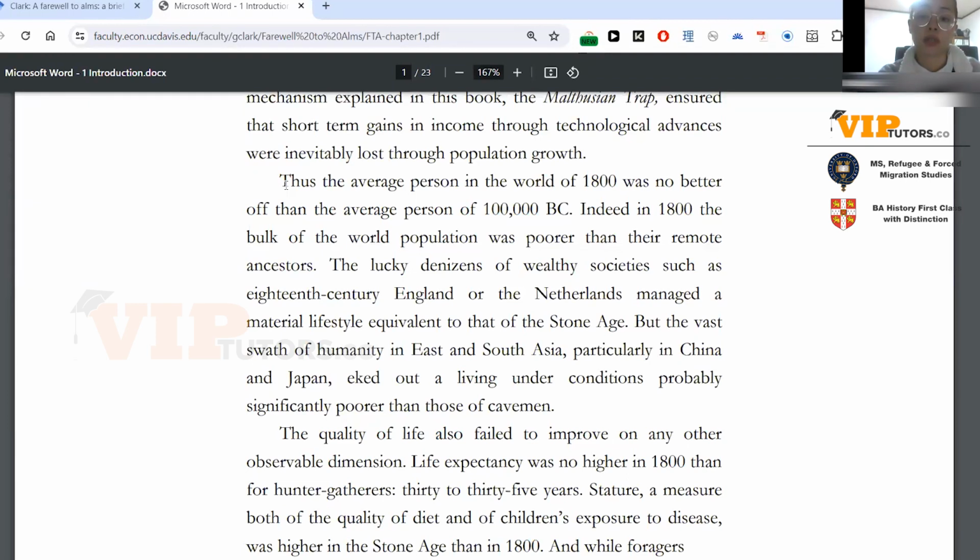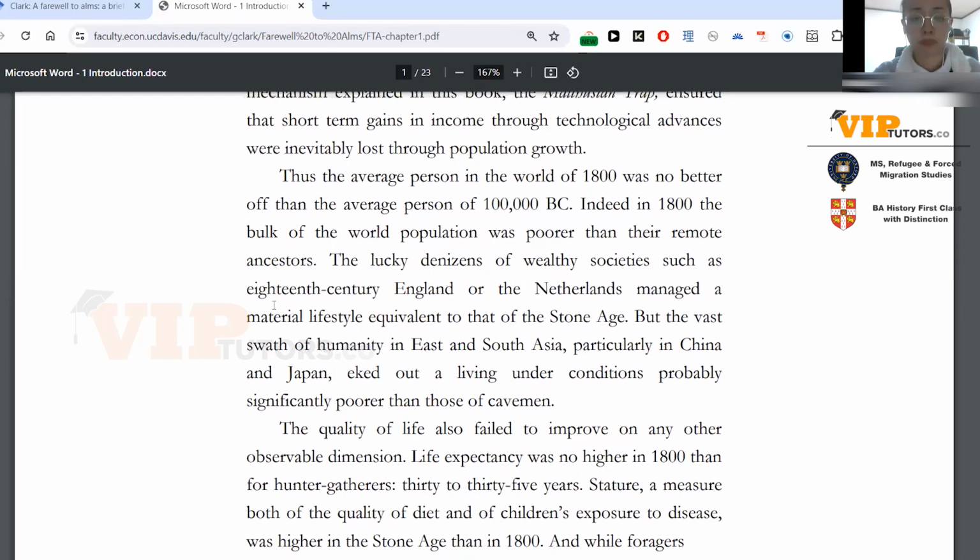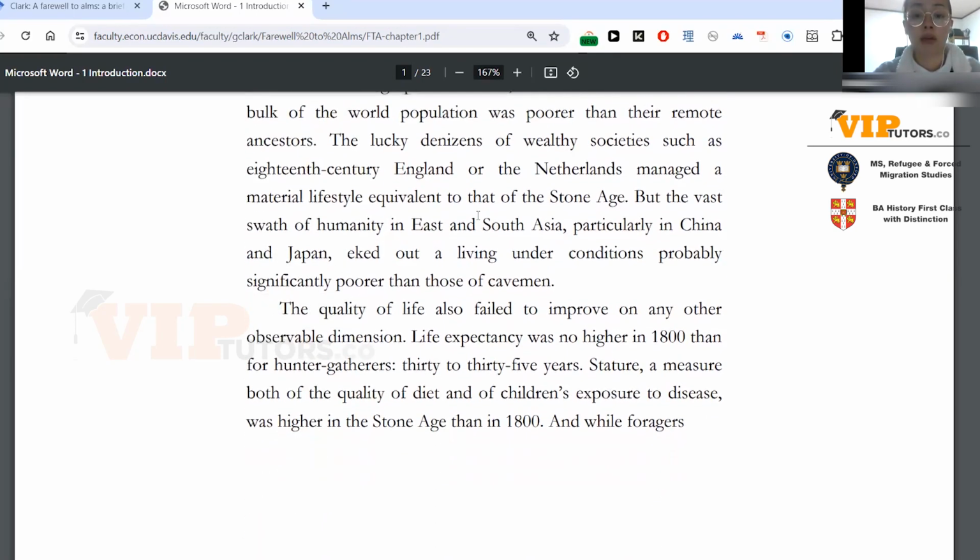And remember, of course, that this is quite a qualitative thing. It's not necessarily something that's quantitative, because how can we find the evidence, for example, for 100,000 BC to say that an average person in the world of 1800 was not living in better conditions than them? And I think always when you're doing economic history, you need to bear in mind that methodology of how you find specific sources and data on people. Because the further back in time you go, the harder it's going to be to create an economic analysis of their conditions. And then again, you have a